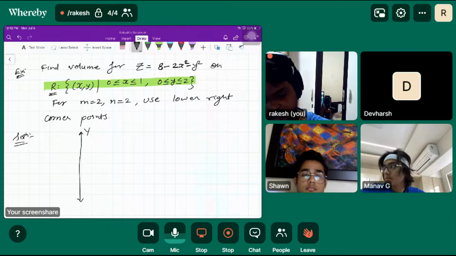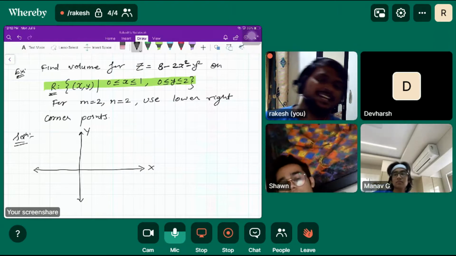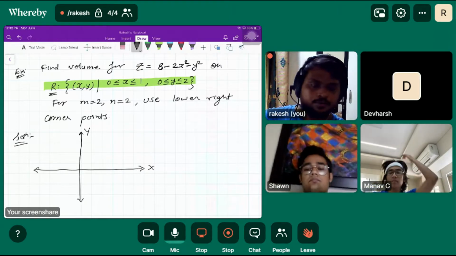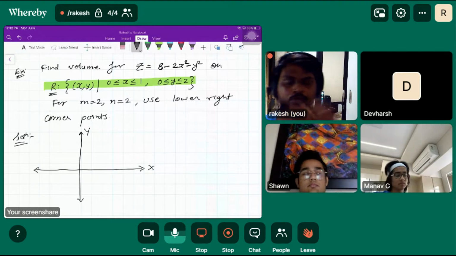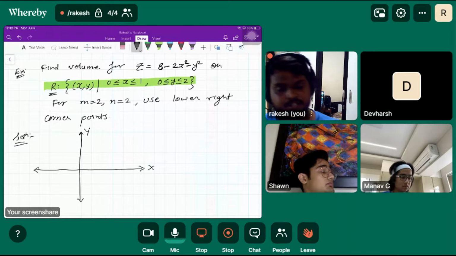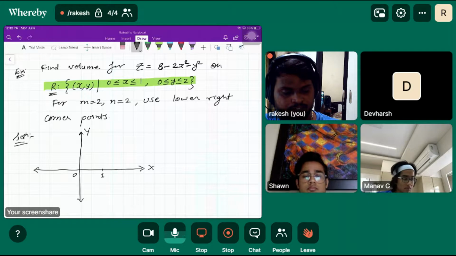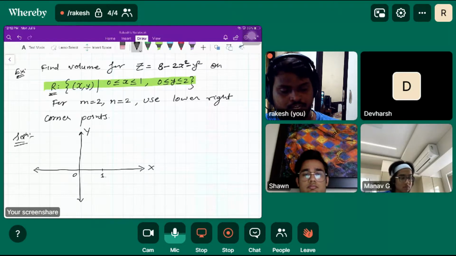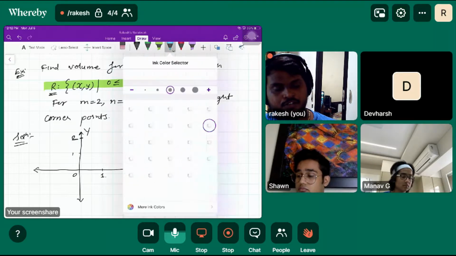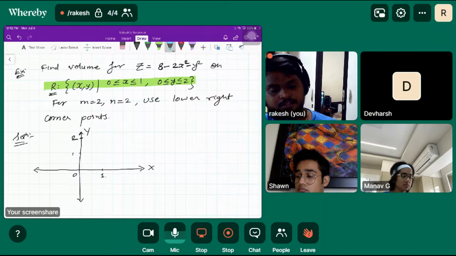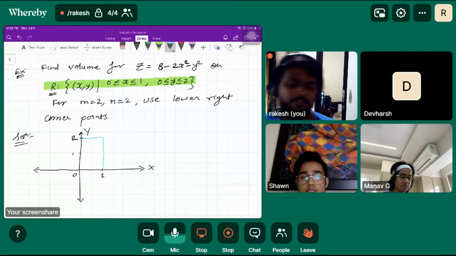This is the y-axis, this is x, right? So suppose x and y both are bounded within a constant, like x is equal to 0 to 1. So 0 is here, let's say 1 is here, and y is 0 to 2. So 1, 2. So what is your region? The region will be a rectangle. Are you getting that? It will be a rectangle